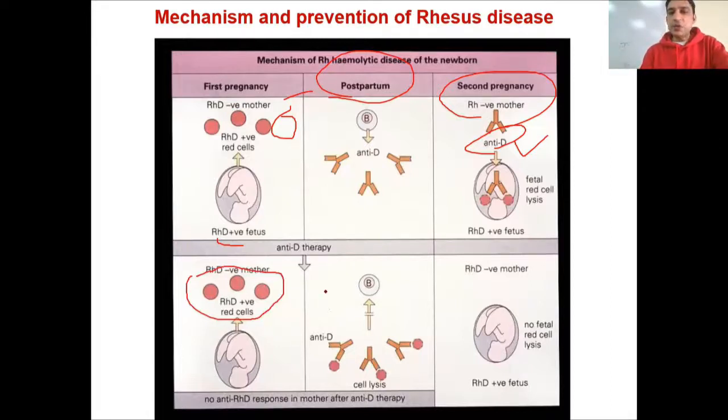If you treat with anti-D, in this case the moms get injections, some medicines. What are those medicines? Those medicines are antibodies against the antibodies present in the mom's body. Anti-D is lying in the mom's body, you need to remove anti-D. So there are drug molecules which can capture and bind with those antibodies against the RHD. So they actually clean or remove all the antibodies against the RHD. Now the mom is once again ready like a first pregnancy, and she might be able to bear another RH positive fetus once again.